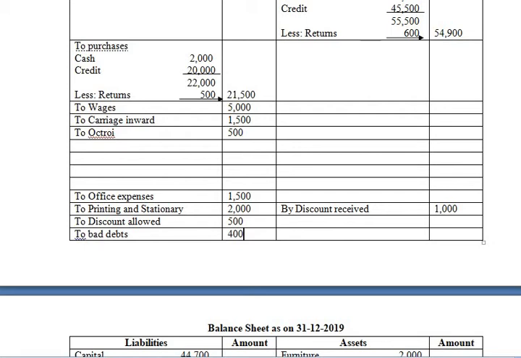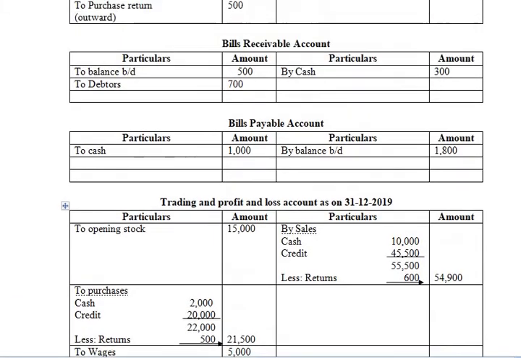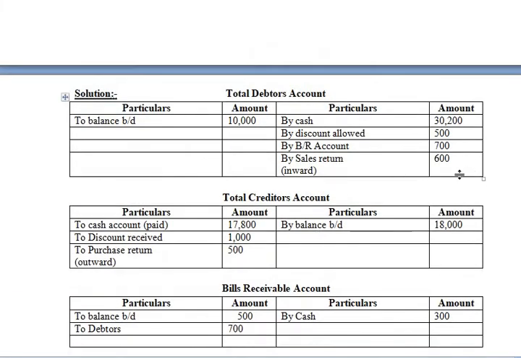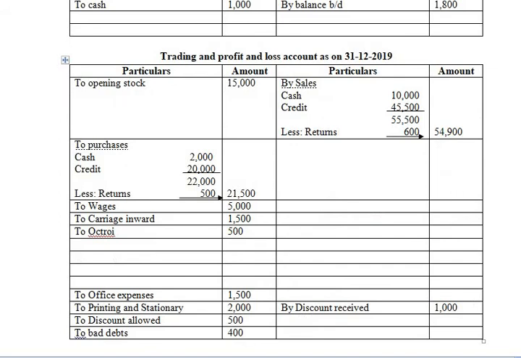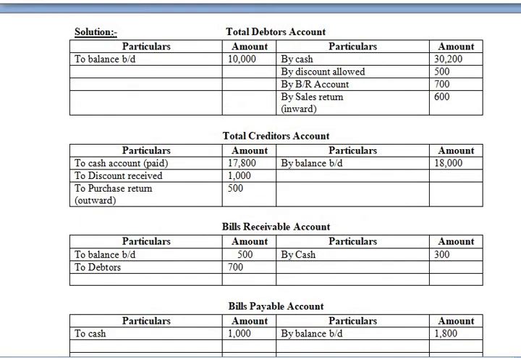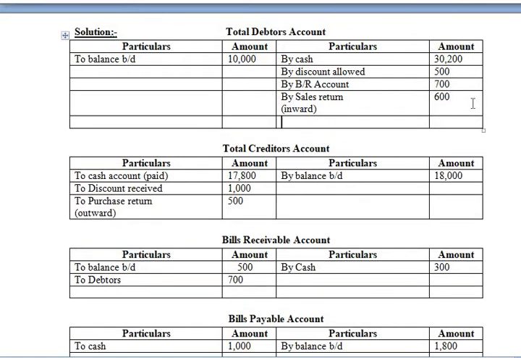One effect is to the profit and loss account. Another effect will be to the credit side of the debtors account, by bad debts, and the amount here is 400 rupees. Okay, next, after bad debts,